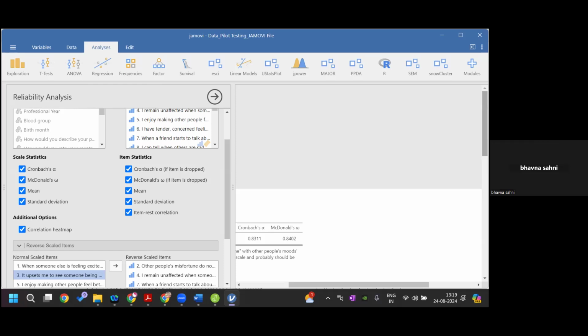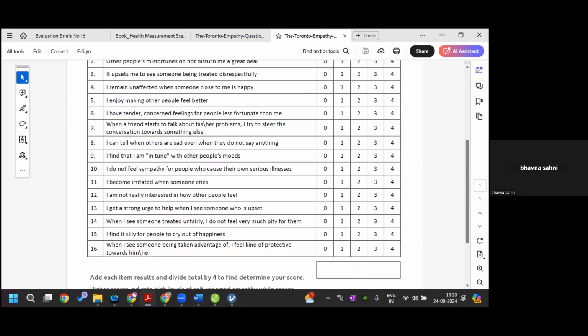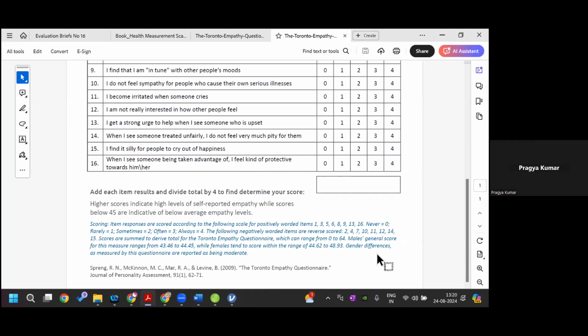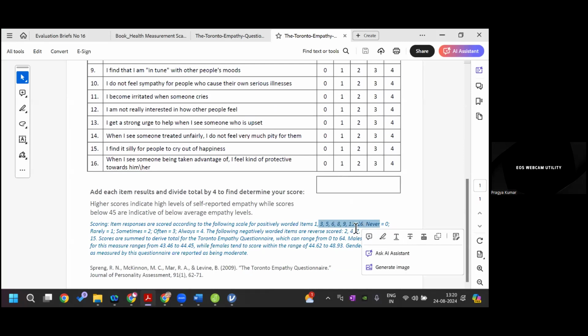You go by the initial scale direction. It will do the opposite because for them, item 9 is positively worded, so it has taken the reverse of this. But don't go by that, because then it will be confusing. Ma'am, I thought that the ITC for item 9 was 0.05, so that is the